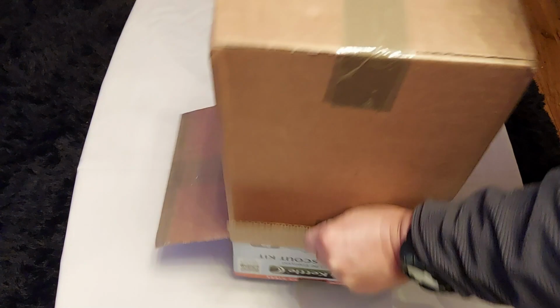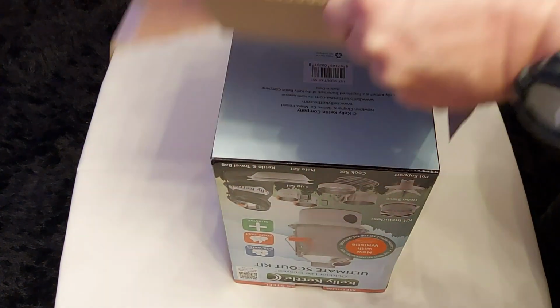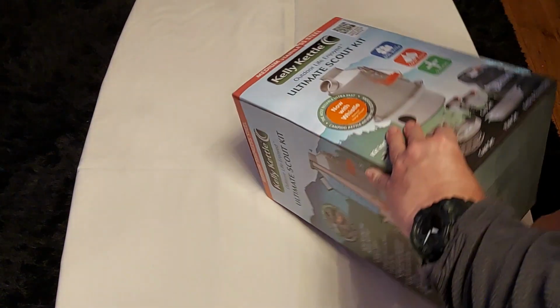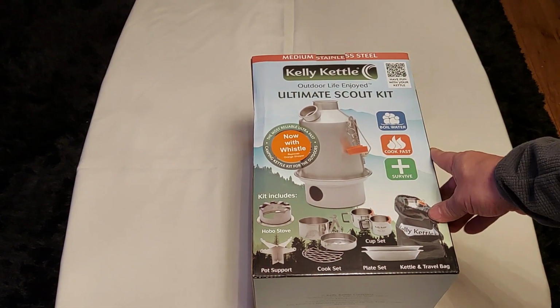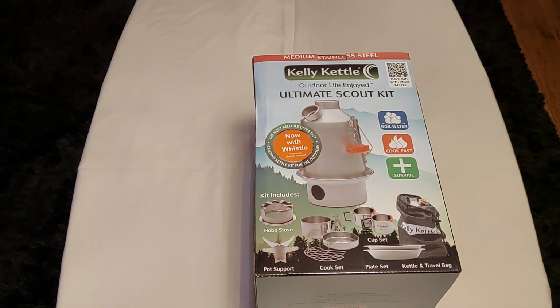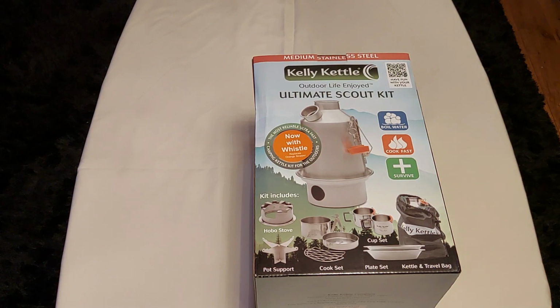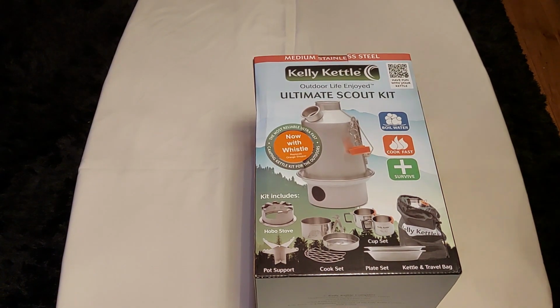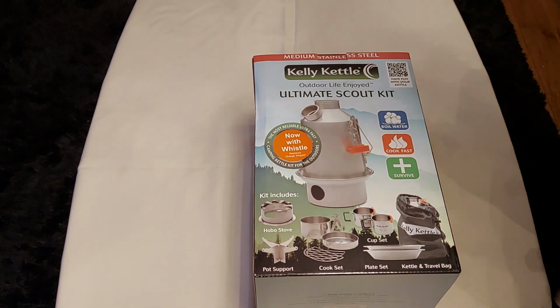A number of items in boxes that I've been wanting to use, but I've not got around to them because I've not been doing any videos recently. So the most reliable, ultra fast camping kettle kit for the outdoors, now with a whistle, replaces the orange stopper. So I'm looking forward to using this really, because you can do the cooking, all sorts of stuff with it,